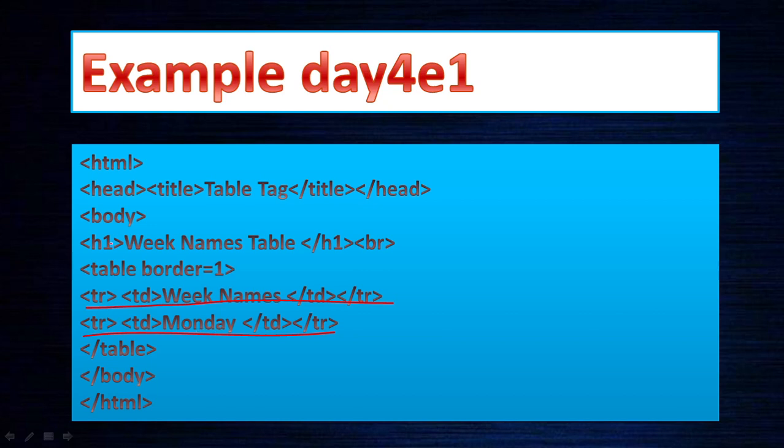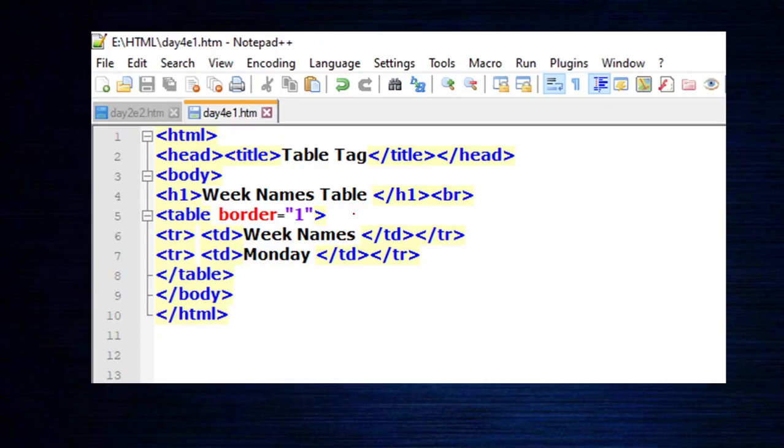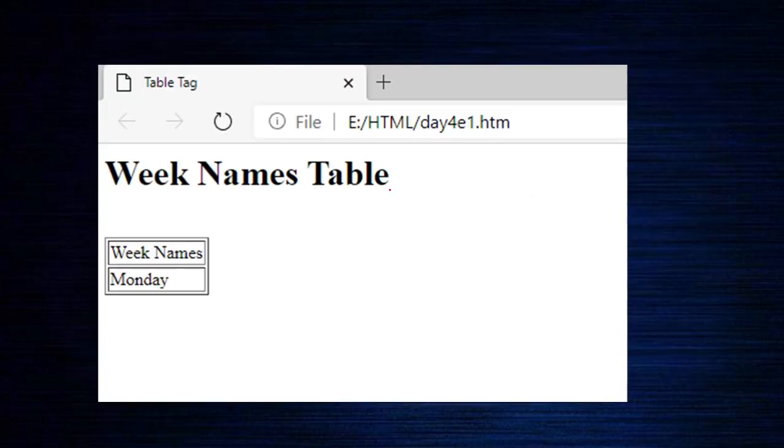You should be familiar with all these tags. Now if you write the same thing in Notepad, this is how it looks. Once you execute, you can see the week names and Monday. So the next row appeared here. It's only one column, but two rows now.